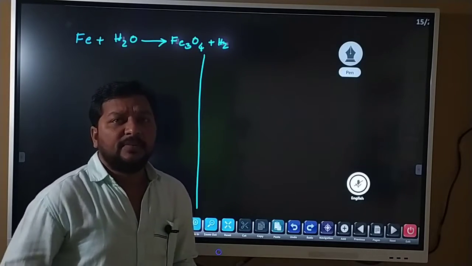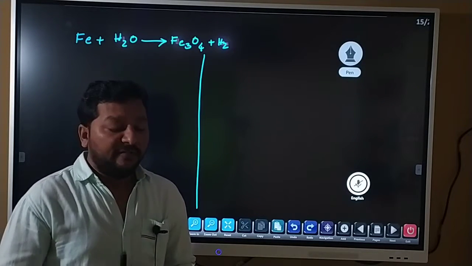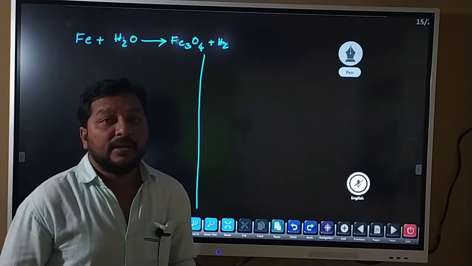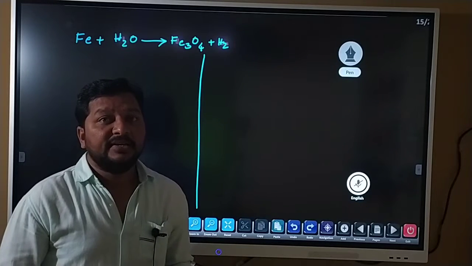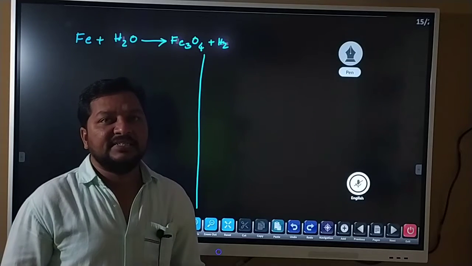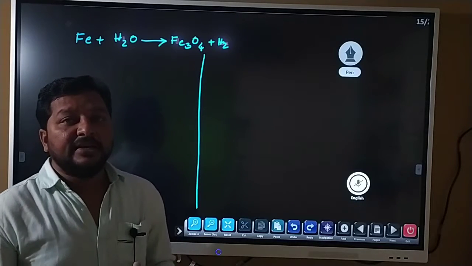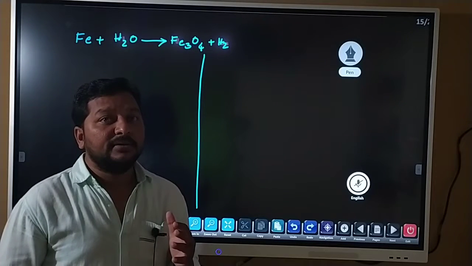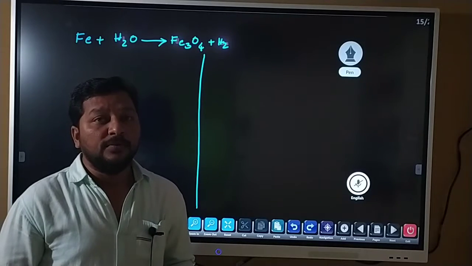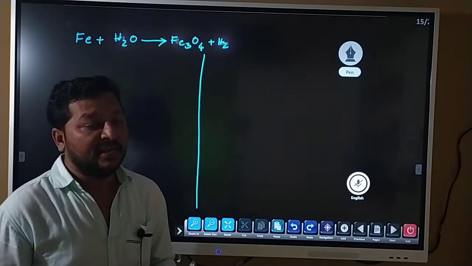In the last class, we discussed skeletal and balanced chemical equations. Now, in this class, we will discuss more about how we can identify whether an equation is skeletal or balanced, and if it is skeletal, how we convert it into a balanced chemical equation by using some more examples. Okay. Now, listen carefully to how we can move step by step in converting a skeletal to a balanced chemical equation.